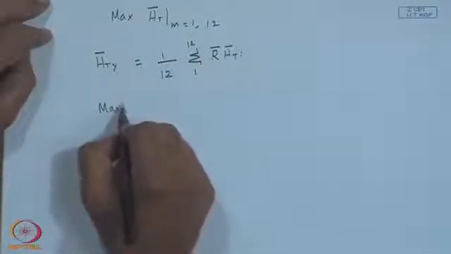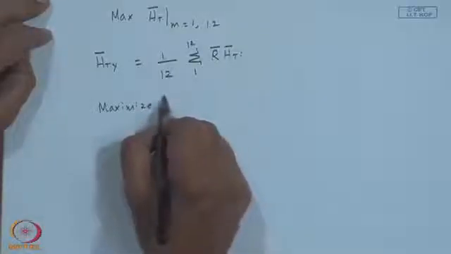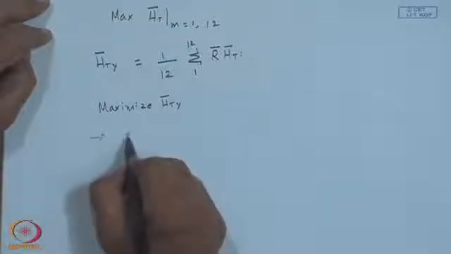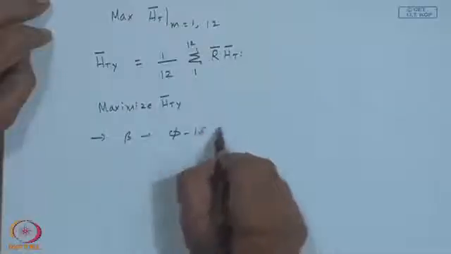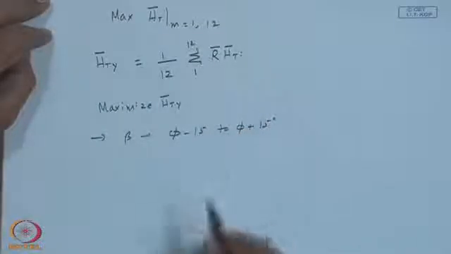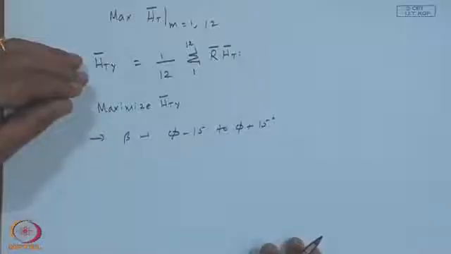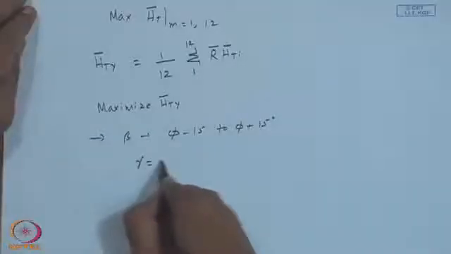Maximize HT bar y. So, what you do is start with beta something like phi minus 15 to phi plus 15, because we got a thumb rule, it is about 10 degrees. So, I go minus plus 15 degrees over the latitude and assume, of course, because my best orientation is gamma is 0,